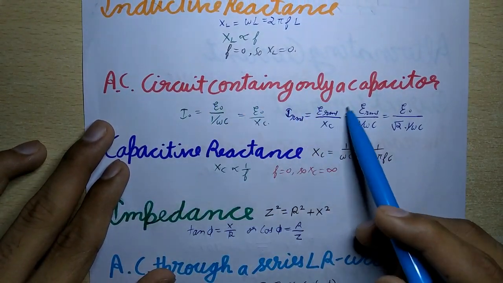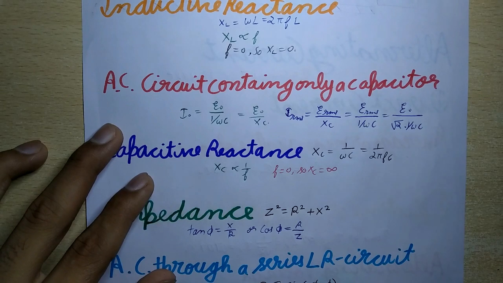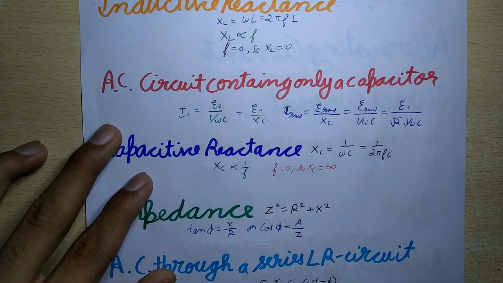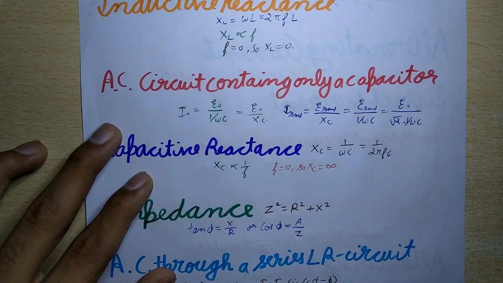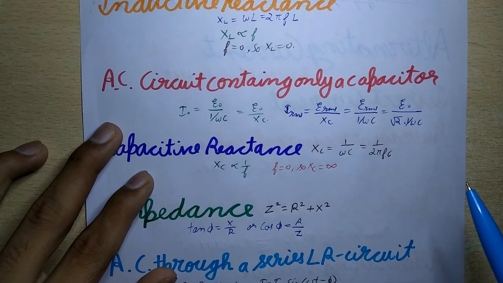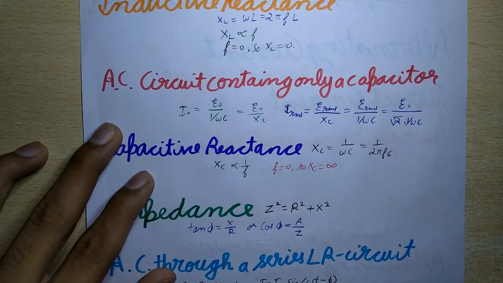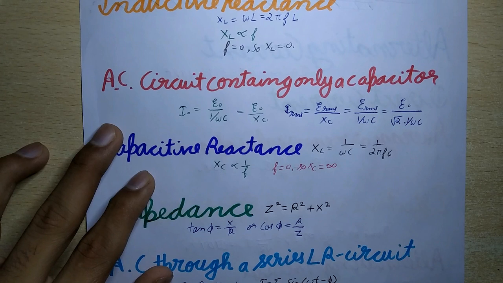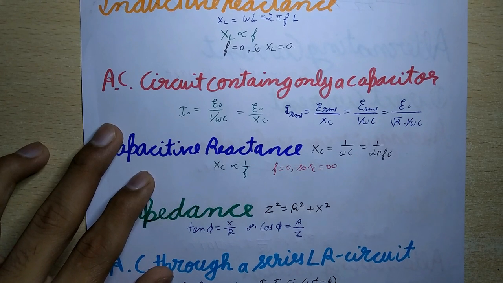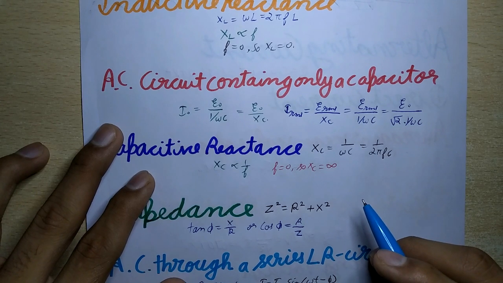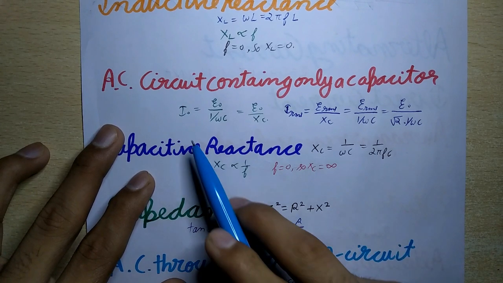Now AC circuit containing only a capacitor. An alternating voltage E = E₀ sin ωt applied to a capacitor C drives a current I = I₀ sin(ωt + π/2) in the capacitor. The current in the capacitor is ahead of the voltage in phase by π/2 radian,